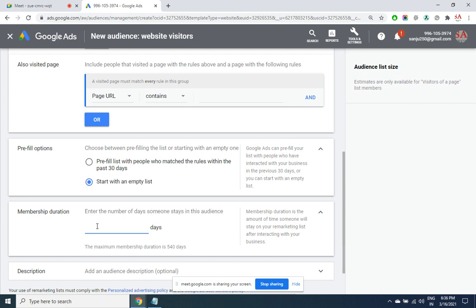Even if you have 1000 visitors and you select here as 10, maybe your ad will be targeted only to selected 50-70 customers. So you got to have a figure based upon the quantity of people who have visited your website. So let's say 30 is a standard number, 30 days. These figures are important. You can't have days beyond 540. So from online exam perspective, keep these figures in mind.